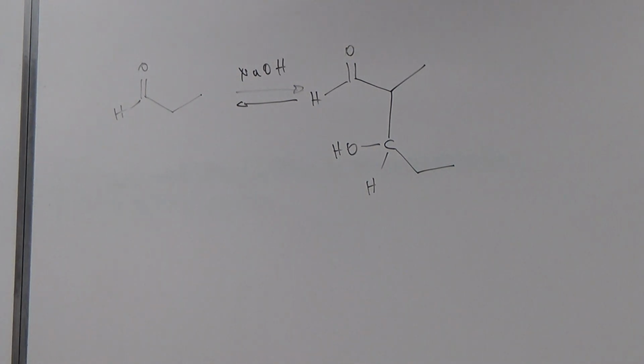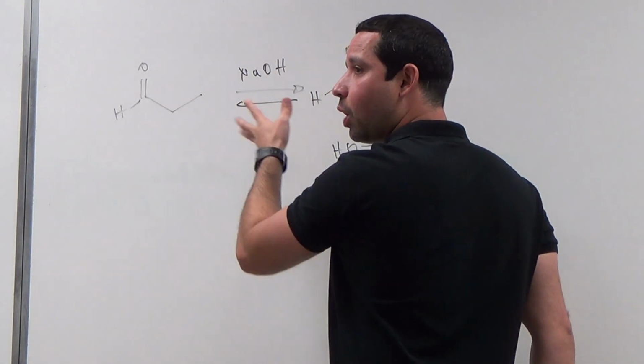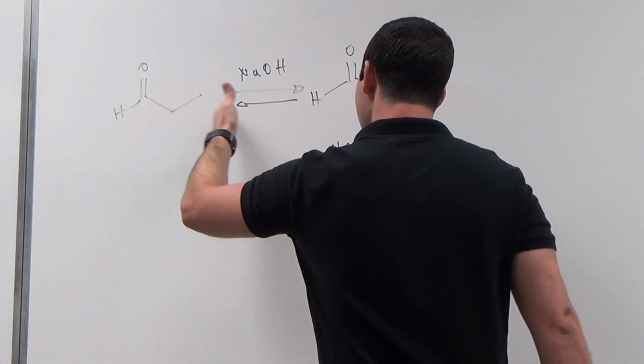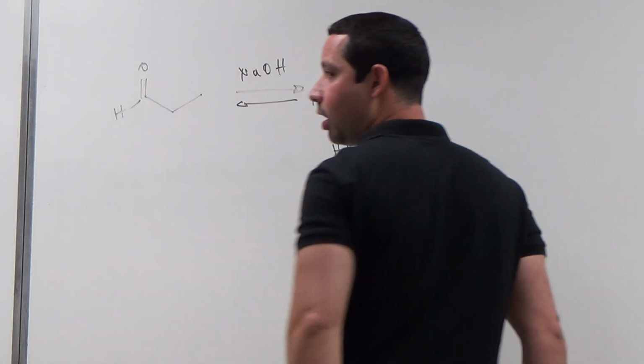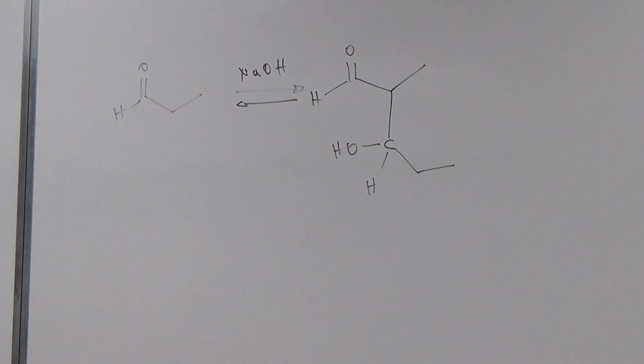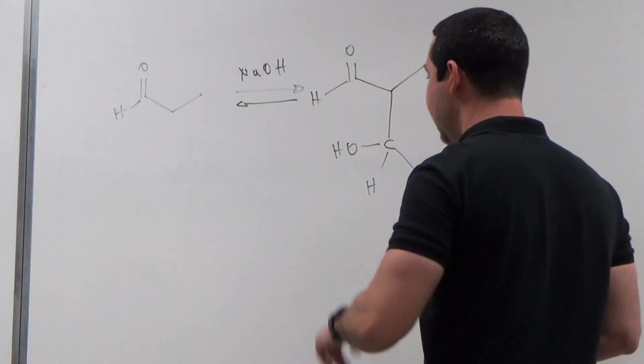This can undergo a retroaldol. Now, what is a retroaldol? It goes back to the starting material, because this reaction is reversible, yes? This reaction is an equilibrium reaction. So, forward is called aldol, and reverse is called retroaldol. Okay? Now, we can do something that is going to stop making this go back and forth, and that is